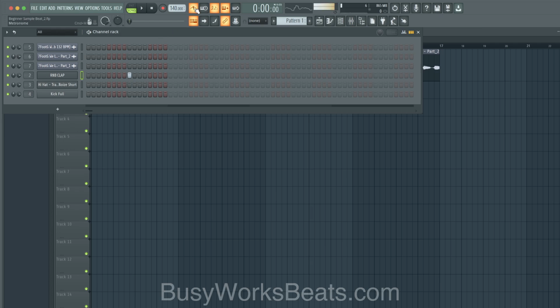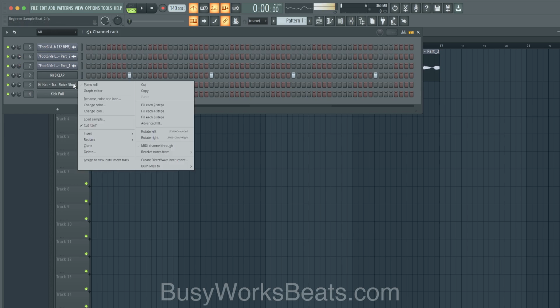Every time the metronome hits, we're going to count: 1, 2, 3, 4, 5, 6, 7, 8. The snares and the claps hit on the 3 and the 7 at this BPM. Once you go above 120, you're pretty much at double time. 120 BPM is this number here. So if you have trouble, just use the metronome and count 3 and 7.